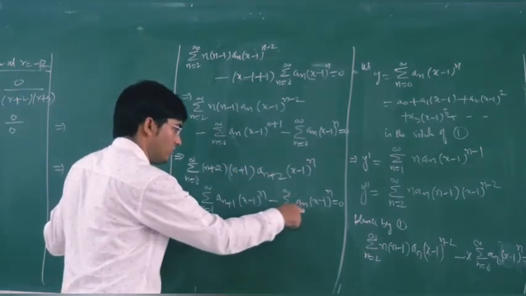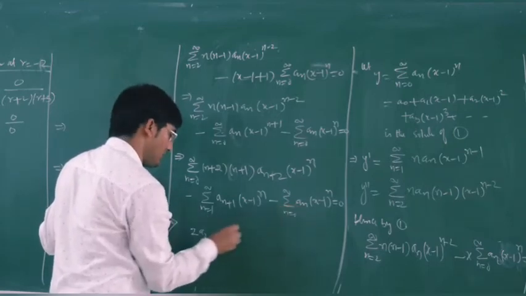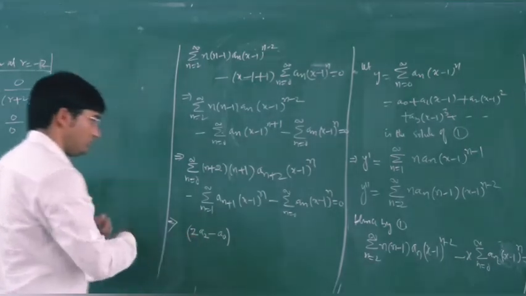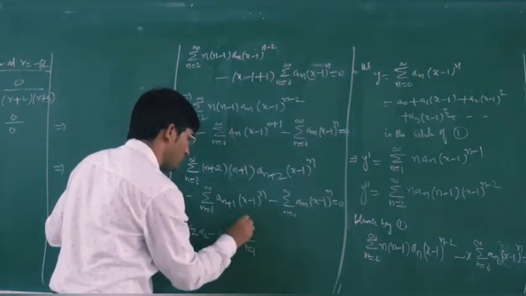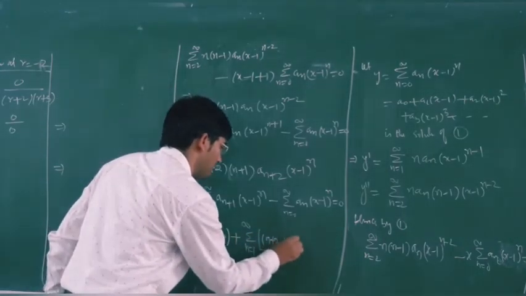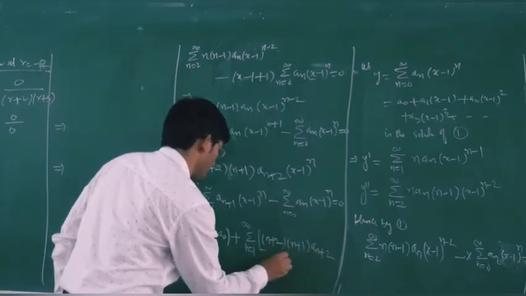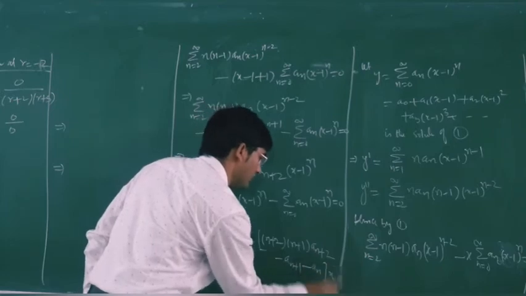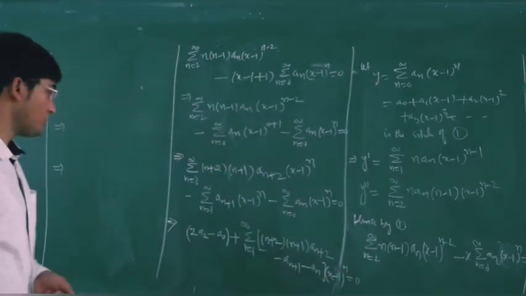And then if you put n equal to 0 here, this will be your minus a naught. Now the rest of the terms will start from 1. So take the summation common. So we have n equal to 1 to infinity, n plus 2, n plus 1, a n plus 2, then minus a n plus 1, then minus a n, then x minus 1 power n equal to 0. Now let us equate